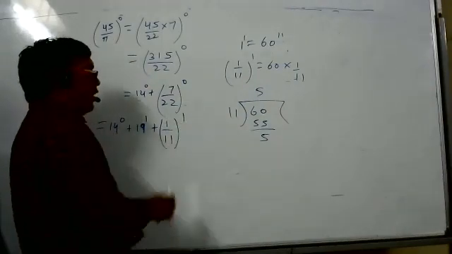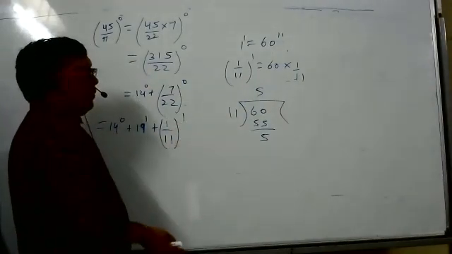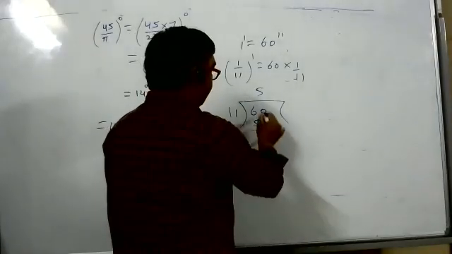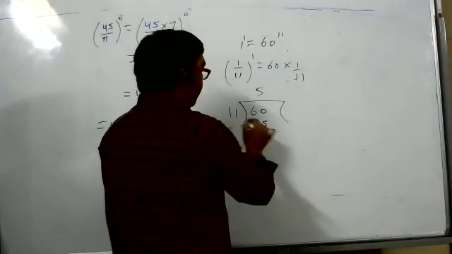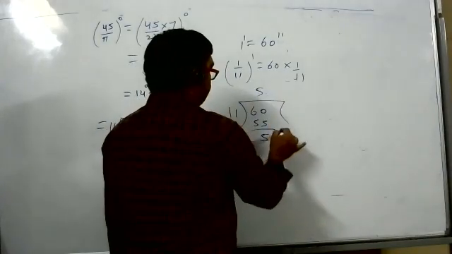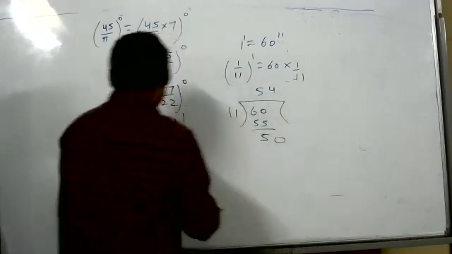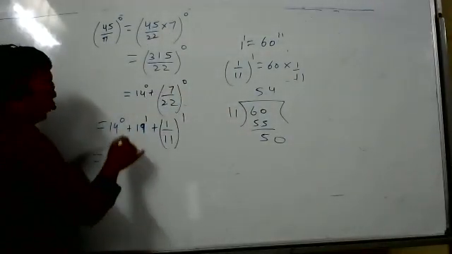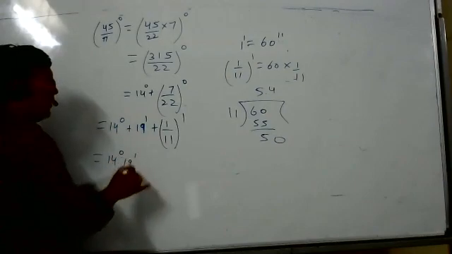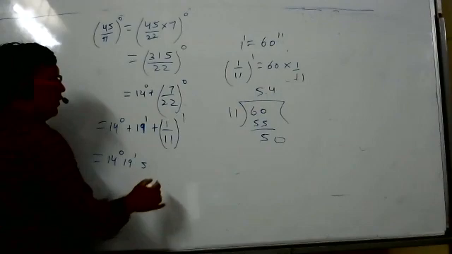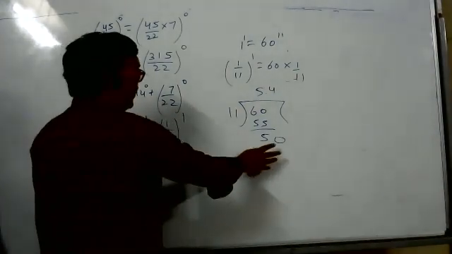Miss, I think we cannot express minute in anything further. So now we have to write the complete fraction, the decimal. So this is 5, so put decimal point, put 0. So 4. I think this is the final thing. Or you can leave it here also. 14 degree, don't write plus now, 19 minute and 5.4 approximately. Or is it recurring or non-recurring?